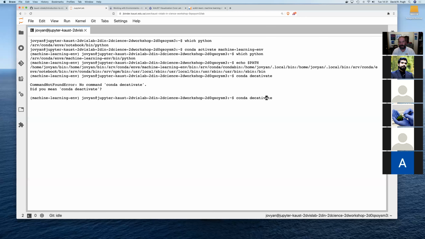You do have to spell your commands correctly if you want them to work. Deactivate, and then that will deactivate the machine learning environment in this case and put us back into the notebook environment. So you can see that the notebook environment is the active environment. And then let's see what would happen if we did conda deactivate again. And now that has deactivated the notebook environment, and